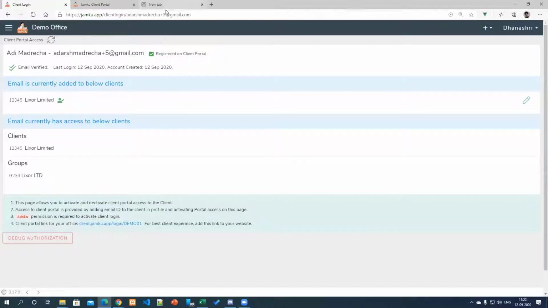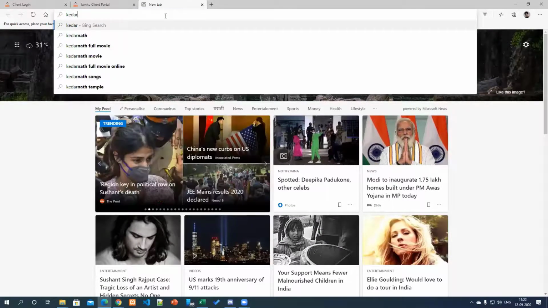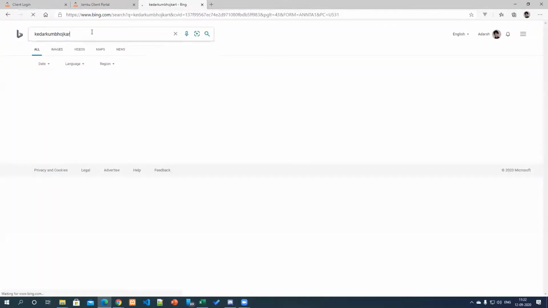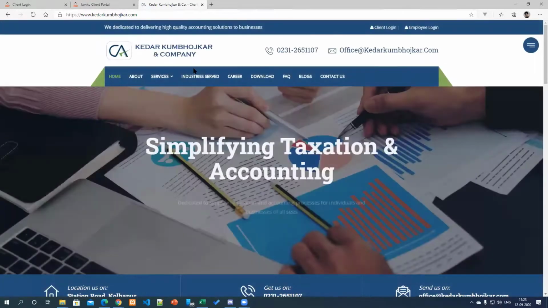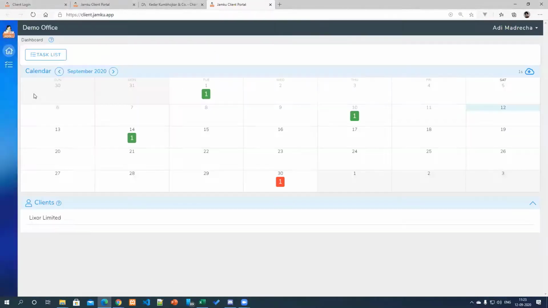And even better, let me show you one of the CA firms who have added this login link. So here you can see, this is the best way to add your client portal. Clients can visit your website, click on client login, and they'll be taken to the client login.